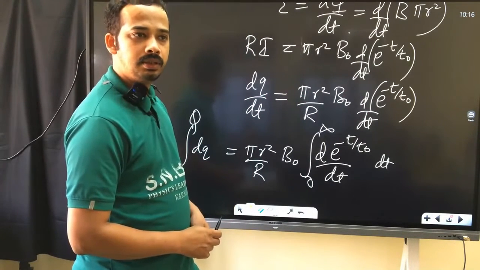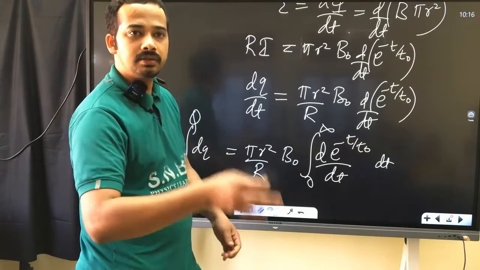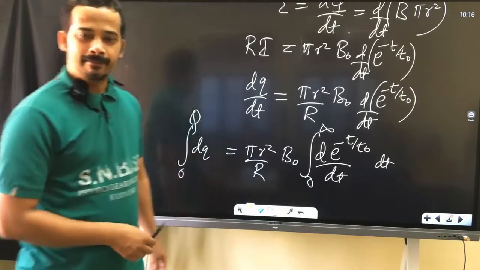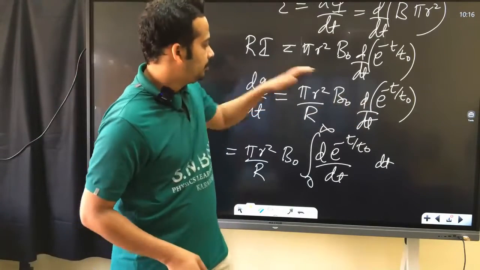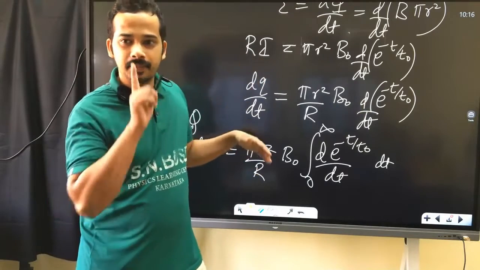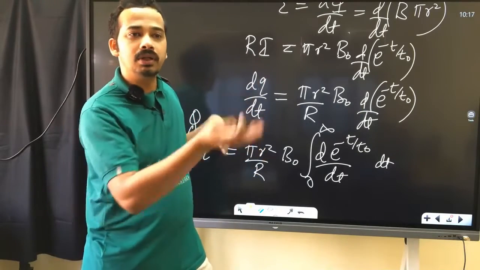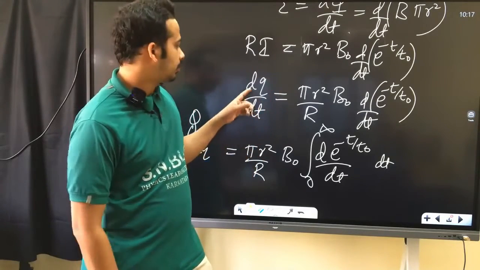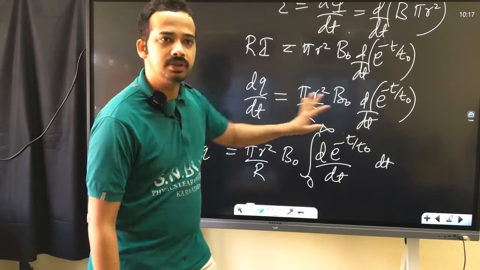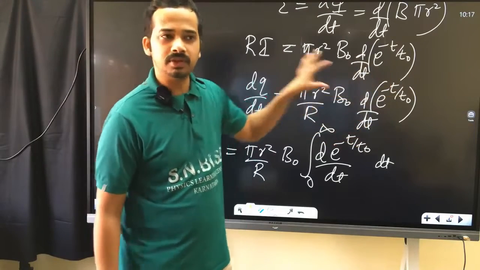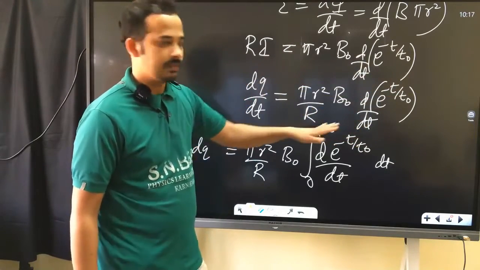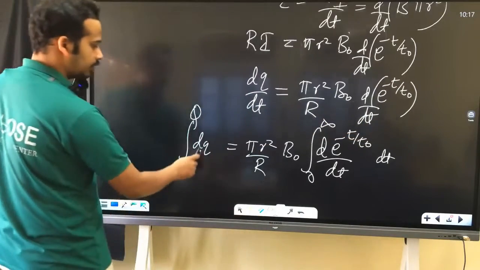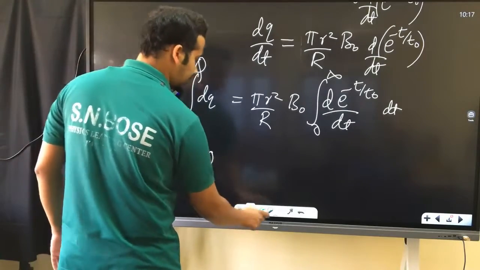Why? That is decaying exponentially with respect to time, isn't it? This expression, we didn't use in this way actually. In one Griffiths problem, he asked what is the total charge which goes around the circuit. In one of the problems, he cancelled out this denominator part. He found the total change in flux, total change in charge. He cancelled out this dt part. But I'm doing it like an integration here. Is that okay? Now total charge, that's what he's asking. Am I right?